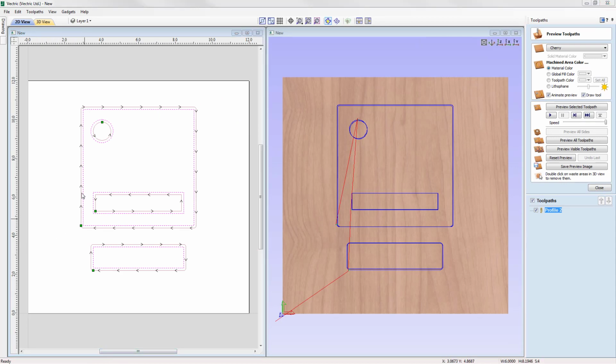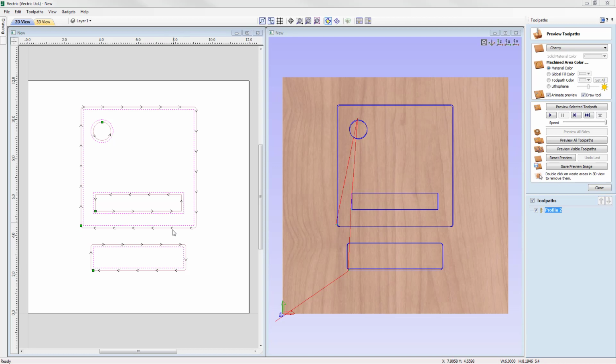And so looking at the toolpath drawing in the 2D view, we can see for the square we've got a start point here, and our arrows are showing us the direction of travel. And so here we can see the square is being machined on the outside, the rectangle, we can also see that that's going to machine on the outside of that rectangle. And then for the circle, we can see our start point here, and we're traveling around in this direction, and it's cutting on the inside of that vector. The rectangle here, we've got the start point traveling in this direction, and again we are machining on the inside